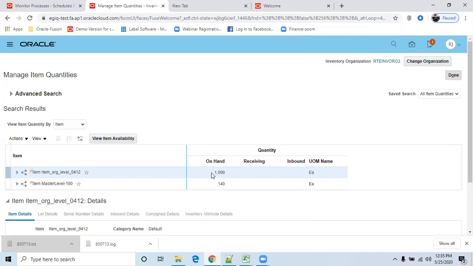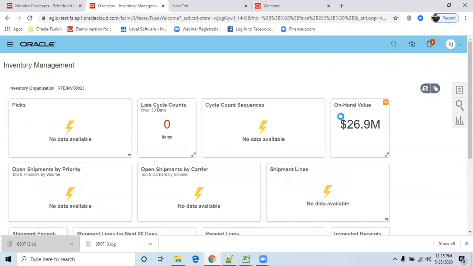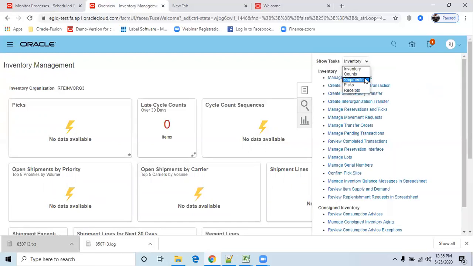So to run the cycle count, first the assignment group is mandatory. To create the assignment group, we have to create a classification set, create the classes, and then create the assignment group. After you have the assignment group, you can create your cycle count and run those 4 sequence programs, I mean 4 consecutive steps, to fulfill your cycle count.